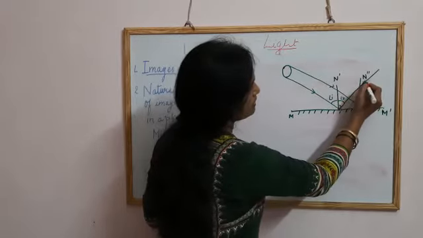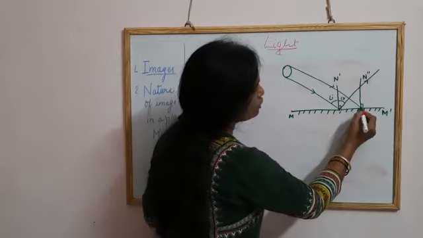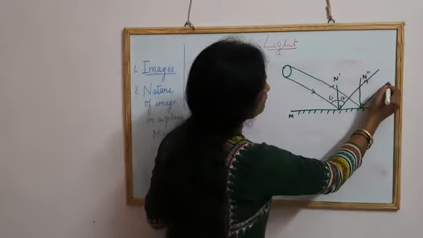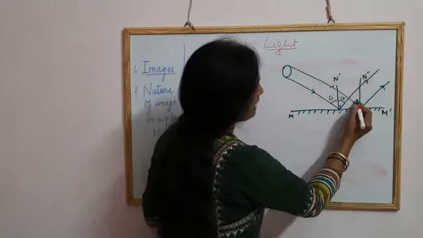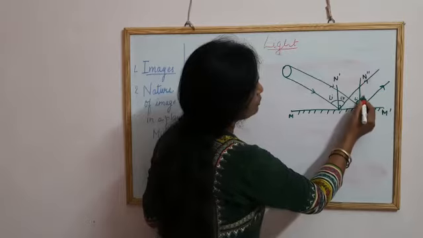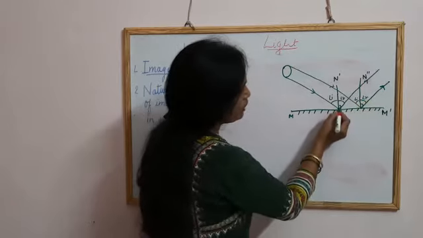Because this is the reflected ray. This is the reflected ray. And at this point also, this will be the reflected ray. Okay. So this angle, angle I, will be equal to angle R. Okay. Now, if I